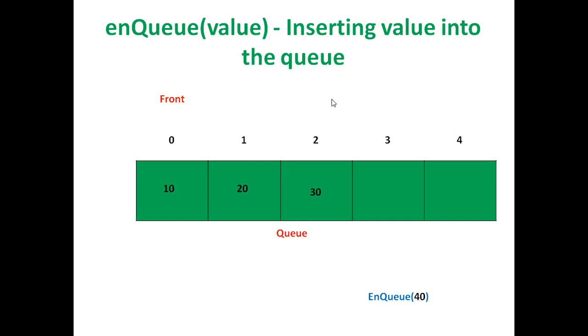Now again if you want to perform one more insertion operation, that is enqueue 50. Now again check the condition rear is equal to size -1, that is 3 equal to 4. Condition false. Now increment the rear value by 1. So 3 plus 1, it goes to 4. Rear is now indicating the fourth index value. Now insert our 50 into Q of 4. Now Q of 4 value is 50. So again if you observe our queue, 0 index is front element, fourth index element is rear element.